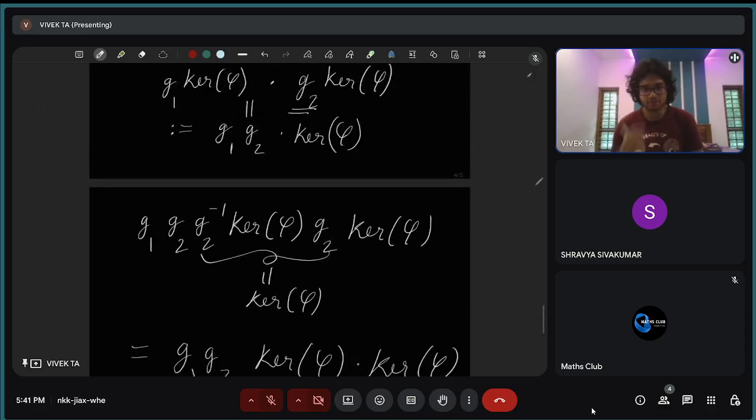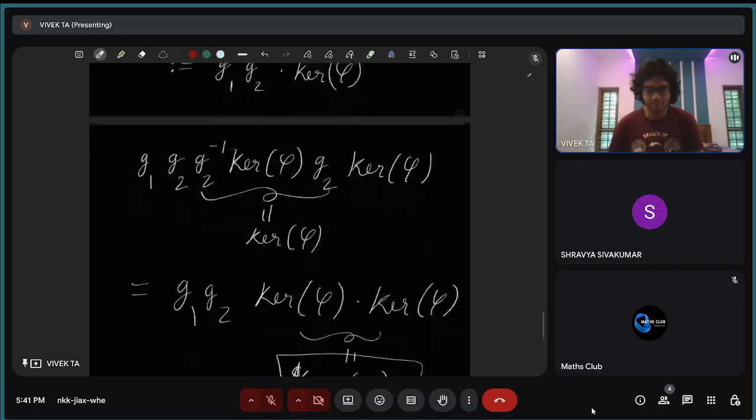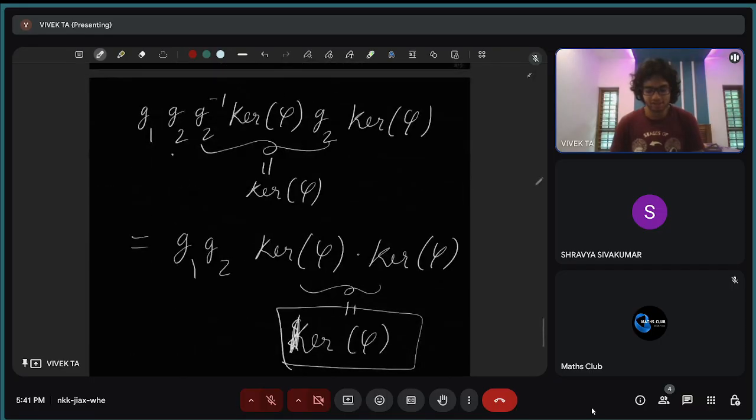Hence, this is well defined. So that is why this is well defined, because you can just take G2 inverse here, and then this